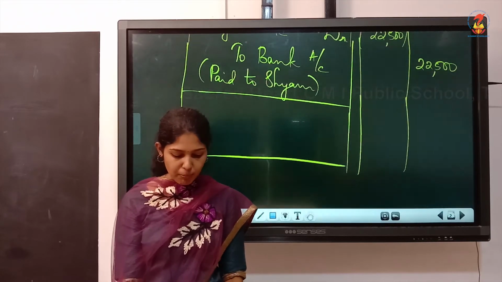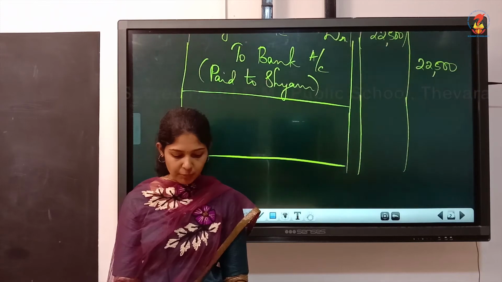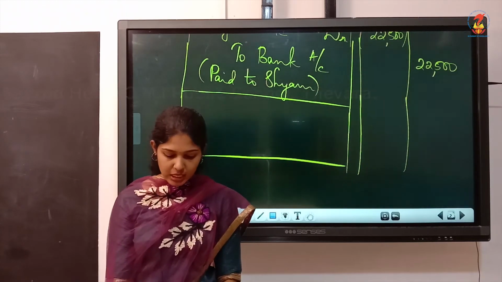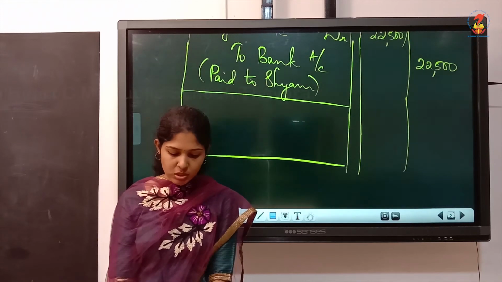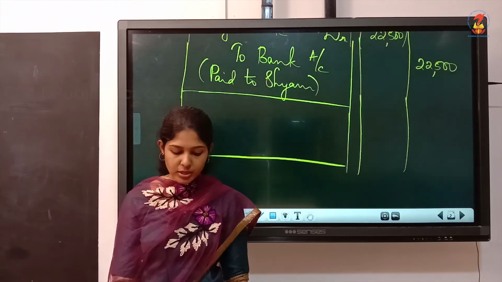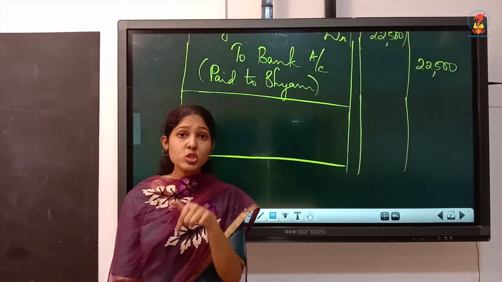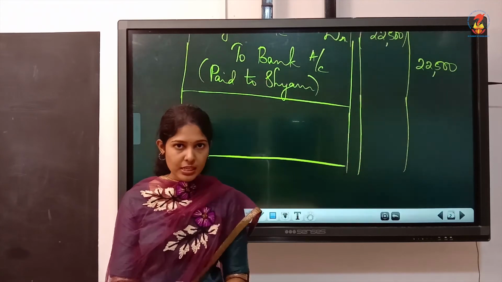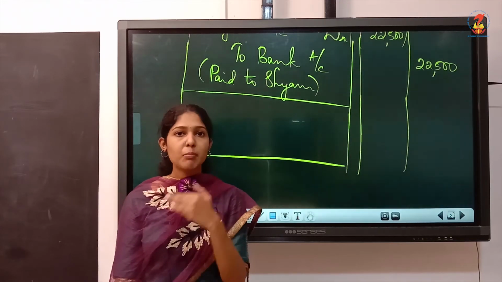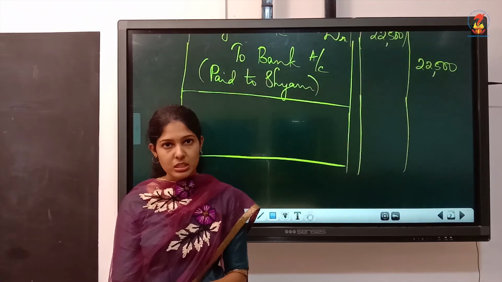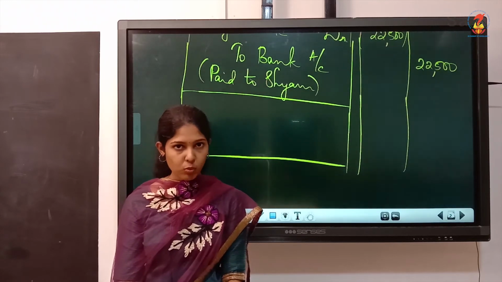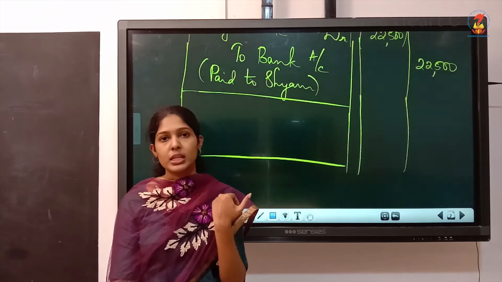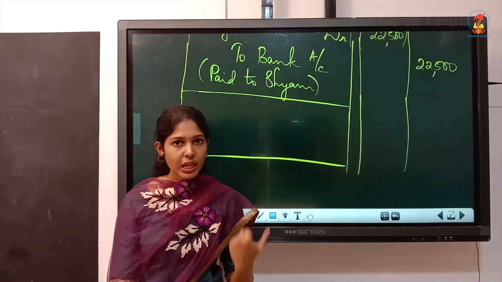Then received balance payment from Krishna. See, do you remember? The amount is not mentioned in the question. See what is the amount of goods you sold to Krishna? You had sold goods worth 15,000. How much did you receive on April 24th? You have received only 10,000 on 24th. So what's the balance you are receiving? 5,000. Understood? 10,000 we got on 24th. The balance we are receiving now. So what is the balance you are getting now? It is 5,000 rupees.